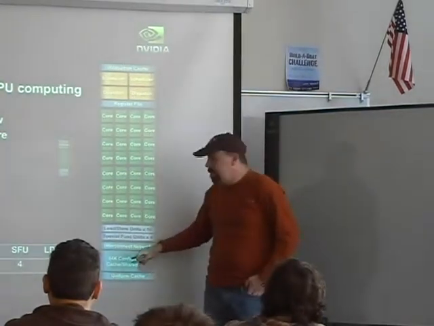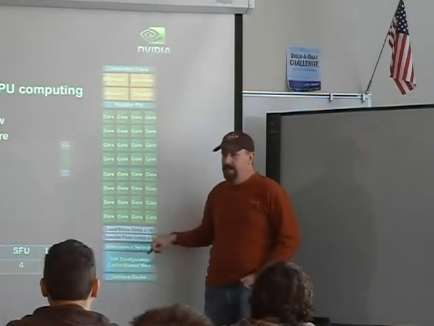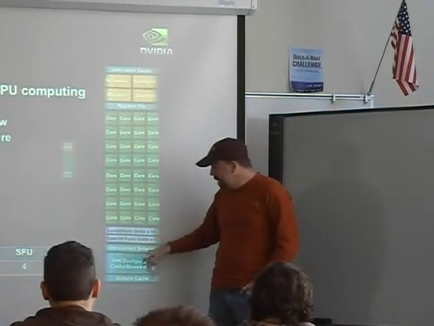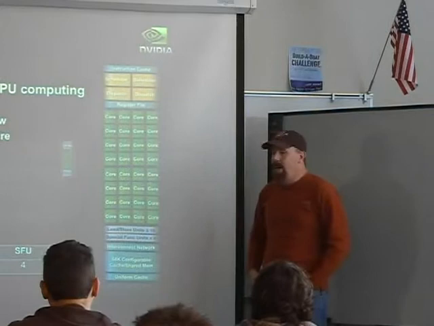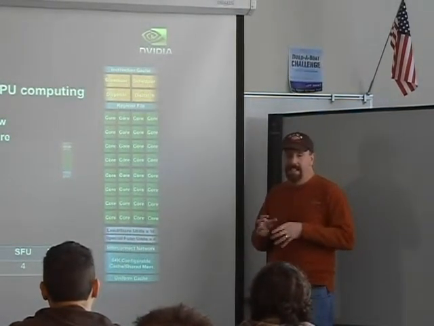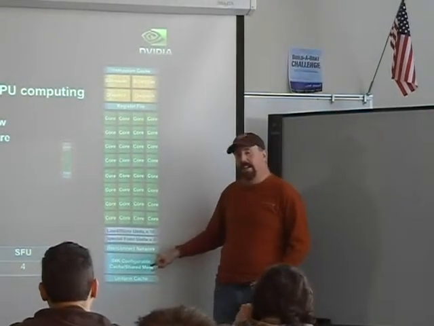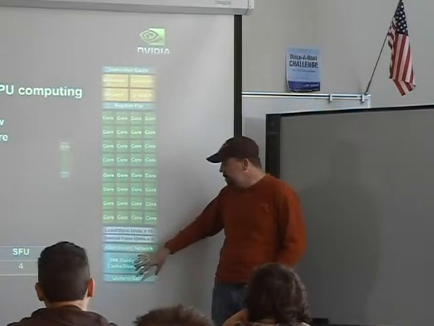So traditionally, what we had was a 16K block of shared memory that all these things could use, and that was it. Now today, it's split between an L1 cache and shared memory. So if you're working on the sort of thing that's going to do a lot of memory accesses that are unpredictable, you can now use cache here instead of shared memory, and we actually give the programmer the ability to